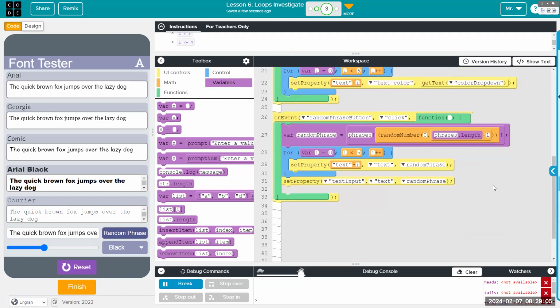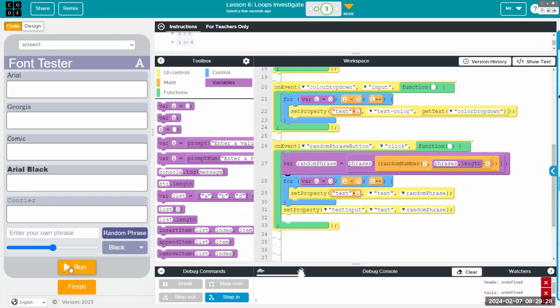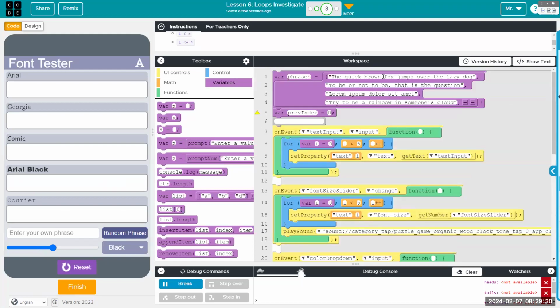Okay, so actually, the way we're going to do this is to pick a number at random and make sure it is not the previous index. The problem is if this first random chooses the first element, it's going to see that the previous was 0 and it won't work.